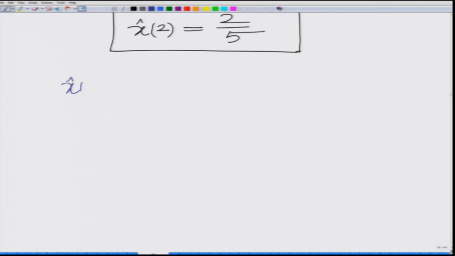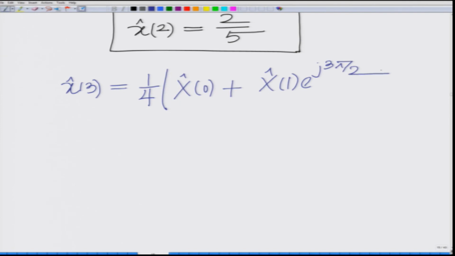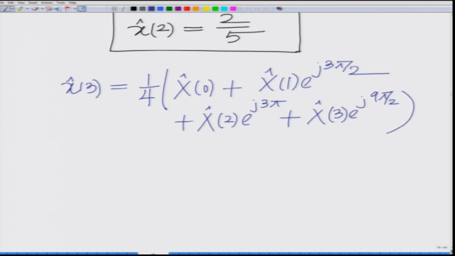Small x hat of 3, which is the estimate of the time domain symbol small x of 3, is 1 over 4 times capital X hat of 0 plus capital X hat of 1 e power j 3 pi by 2 plus capital X hat of 2 e power j 3 pi plus capital X hat of 3 e power j 9 pi by 2, which is equal to